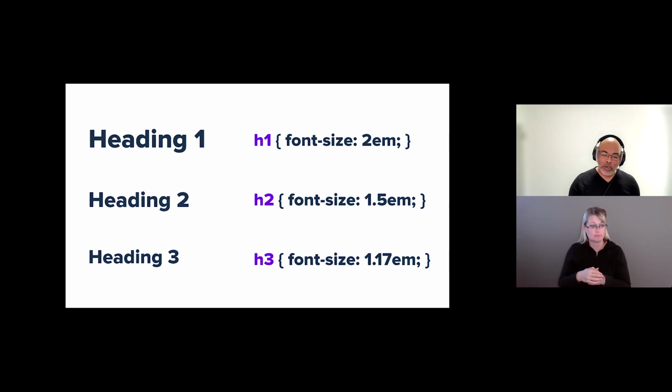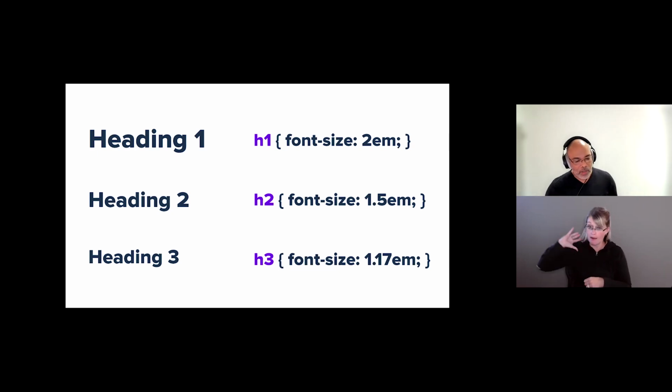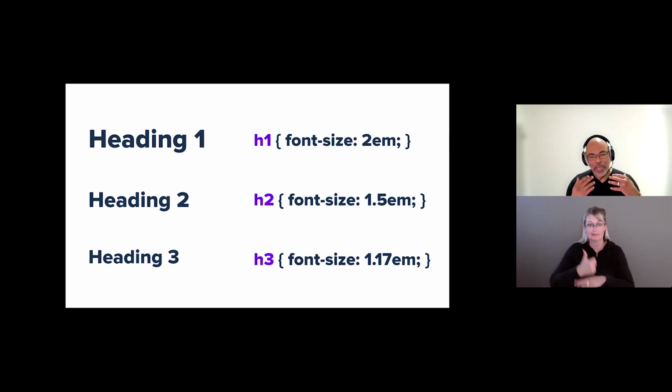I blame old school word processors for how we actually handle headings, because in the past, we would establish our headings based on how they looked. The heading that you wanted to have the most important, it was always the largest one. And then as we got down to the least important ones, they were always smaller. Well, that size doesn't necessarily translate to the actual HTML element that's there.